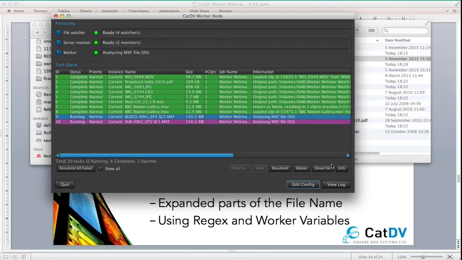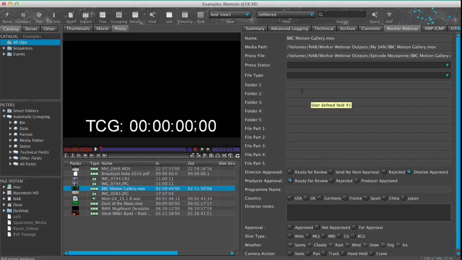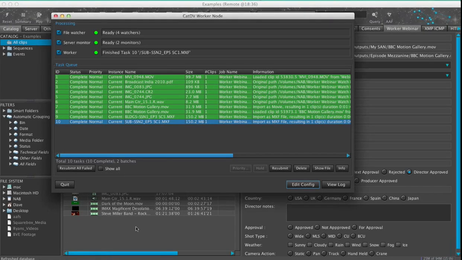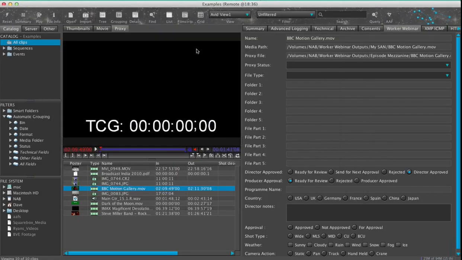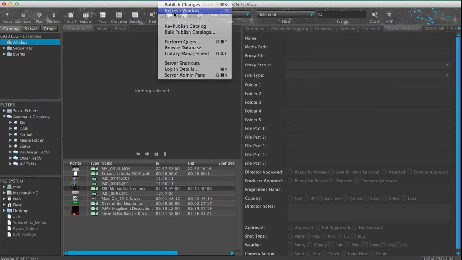Okay, there it goes. And while it's taking a look, the fields that we're going to be filling in are folder 1, 2, 3, and 4 here, and file part 1, 2, 3, 4 down here as well. These are the metadata fields that are going to be filled in by this worker action. So if we head back, okay, the worker's completed, and we're going to head back and refresh our window,